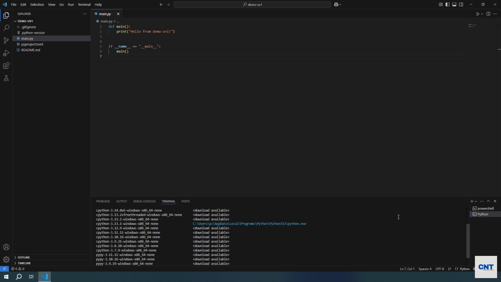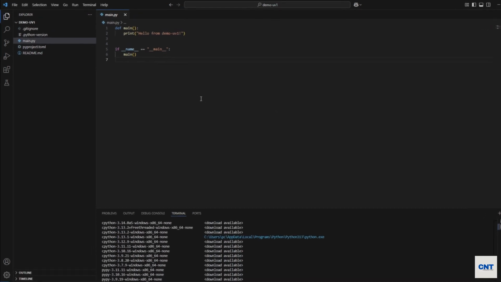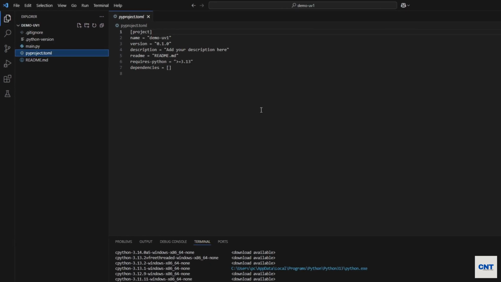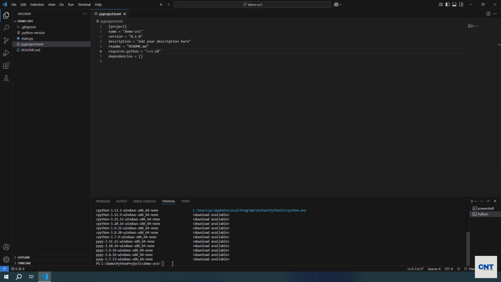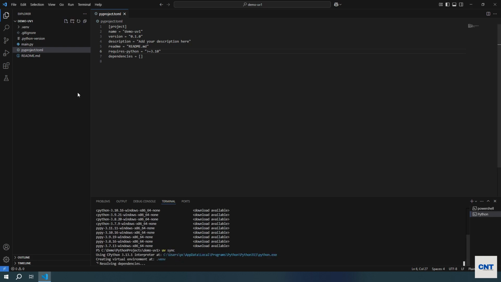You can switch Python versions for your current UV project at any point, as long as the new version satisfies the specification in your pyproject.toml file. Okay, we are using 3.13 or above. If I say 3.10, I save the file and type uv sync,